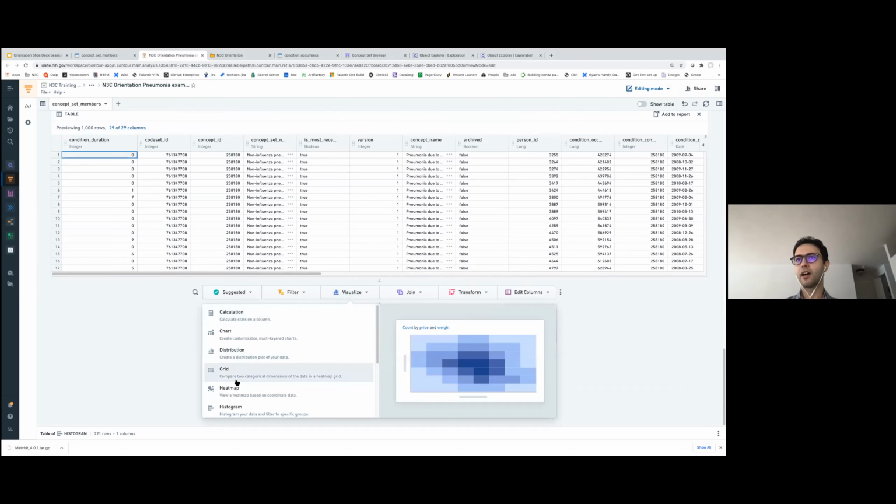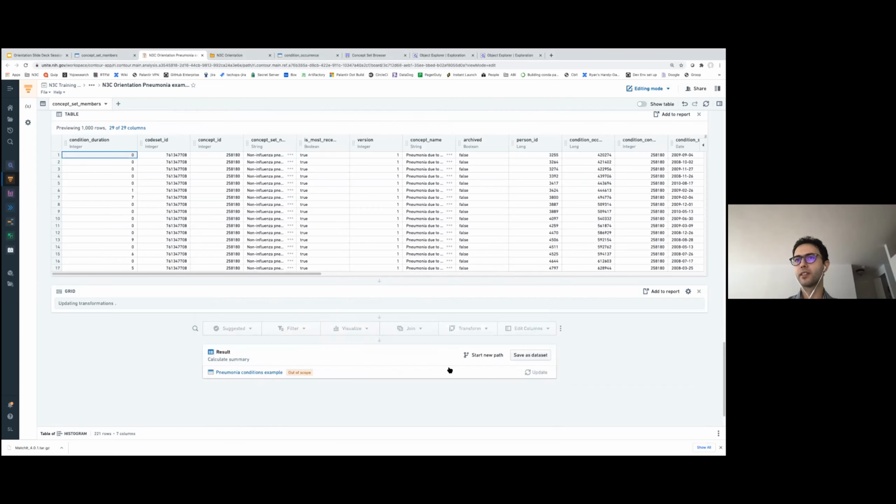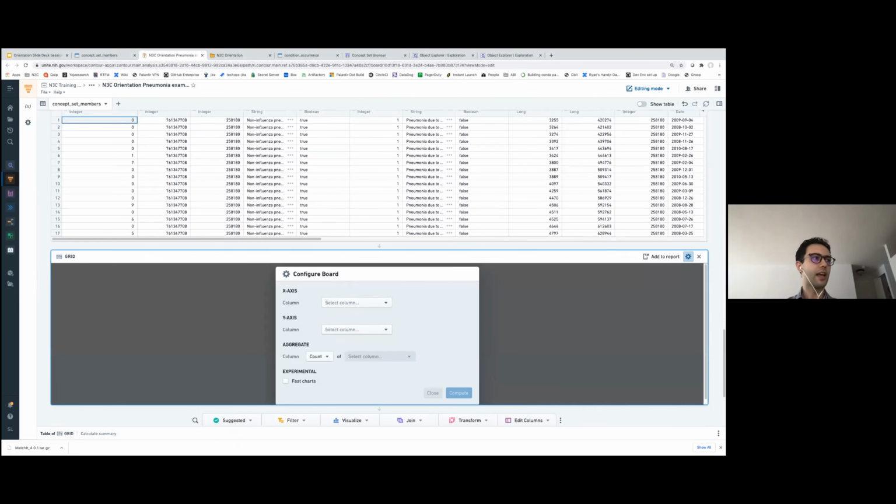And I'm going to pick this grid board. And let's say I want to look at the unique count of persons. And I want to show it as a function of the concept name, so as a function of the condition and as a function of the condition duration.